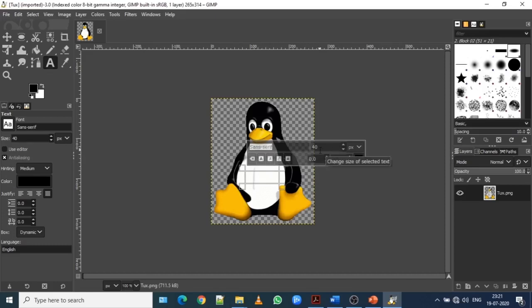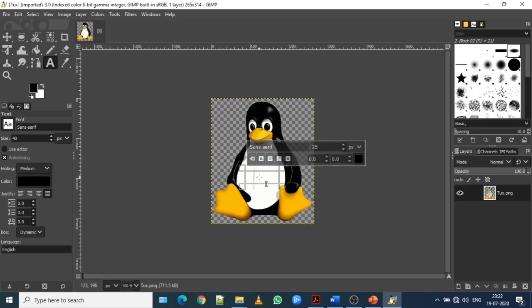Now the pixel size over here is 40. I have to reduce this size to 25. So I select this font size and I type the font size as 25. Why is it not allowing me? Okay, the number lock is off, so I put it on. So there it is. Once you're okay, click on Enter.